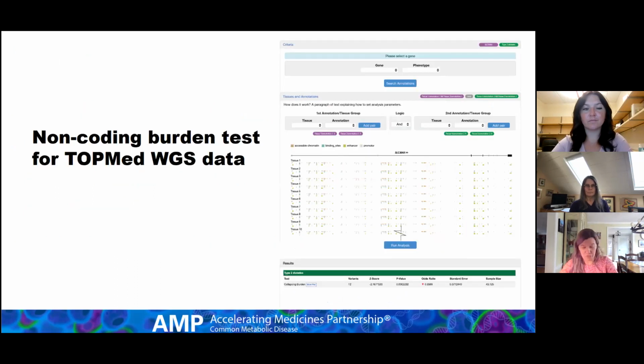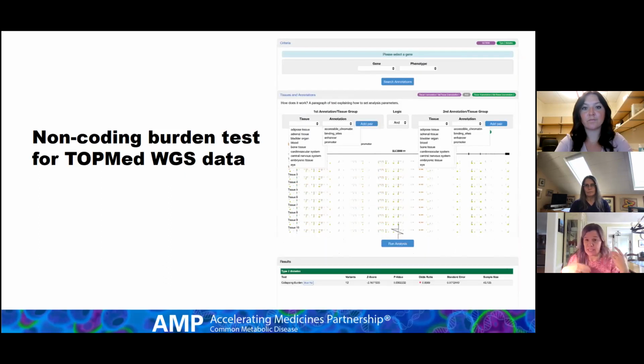On to features. So for features in March, one of the features that you may or may not have used on the portal historically, and one of my favorites, is sort of the first of its kind that we know of: interactive analysis of exomes. And we have this for 52,000 exomes for diabetes and related traits, along with the subsetted exomes from TopMed for interactive analysis. But what we're really hoping to do is expand that to whole genome data and allow you to do interactive non-coding burden tests across TopMed. This is a very new feature that we're hoping will be the beginning of many data sets that will unlock many data sets in this space for you to do interactive analysis.